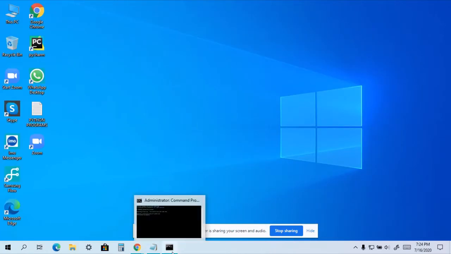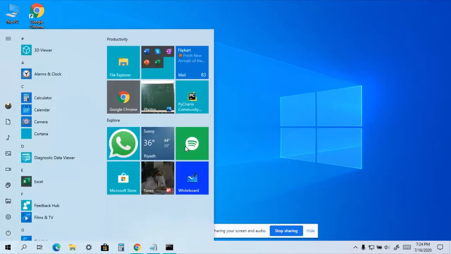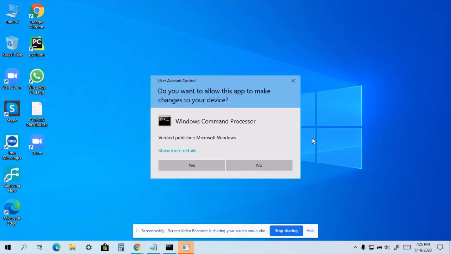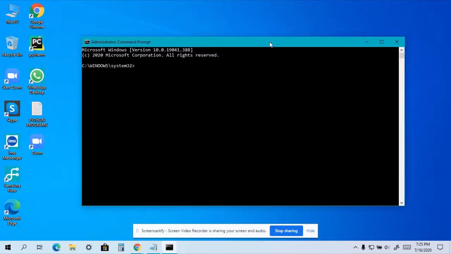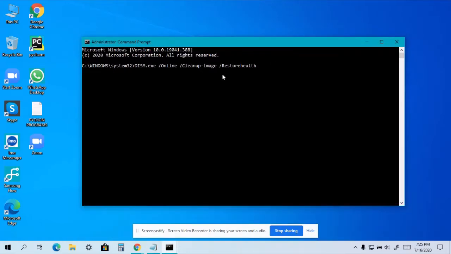So guys, it's going on in the background. So let me start with the next command. Type command prompt or cmd in your search and run it as administrator. It will prompt UAC, click yes, and then take this command, one at a time, and paste it here.